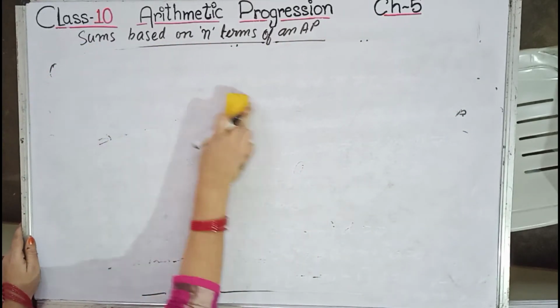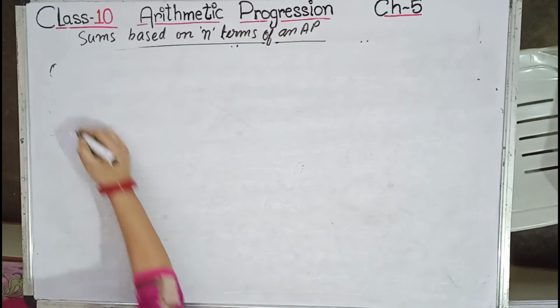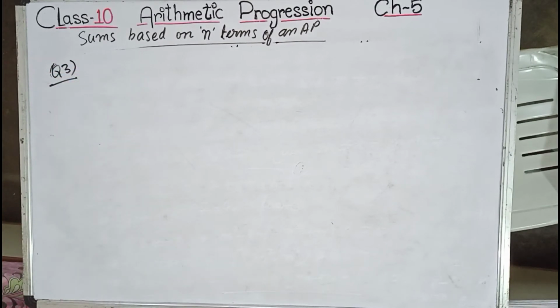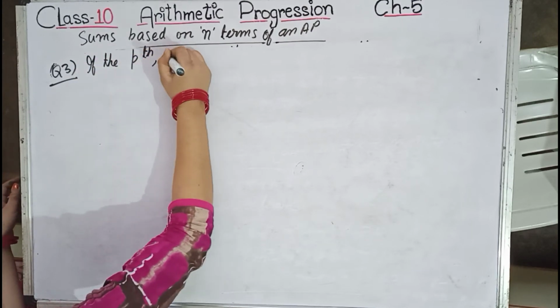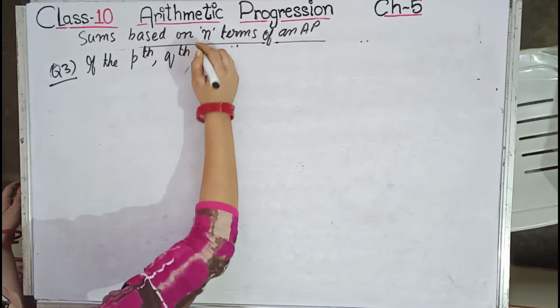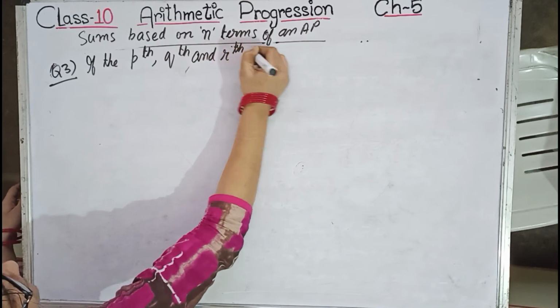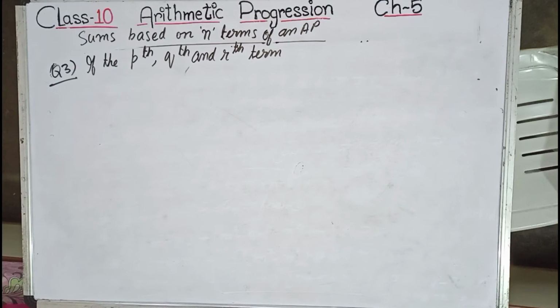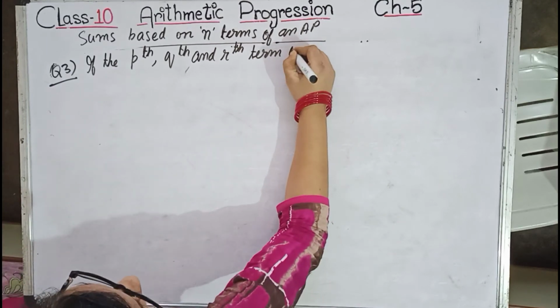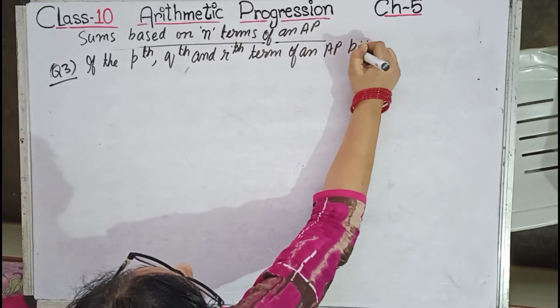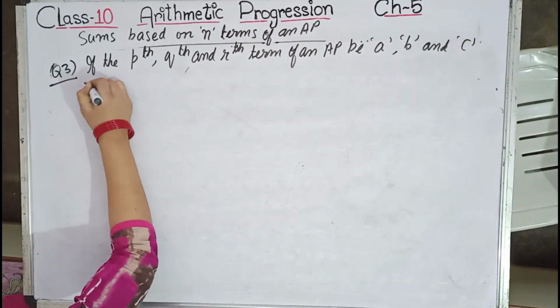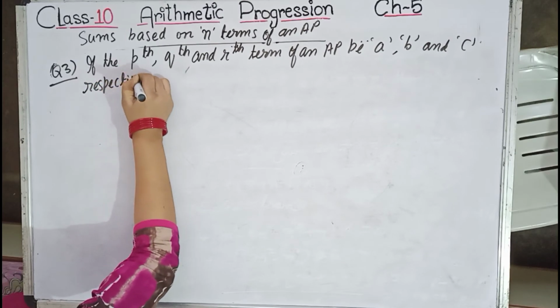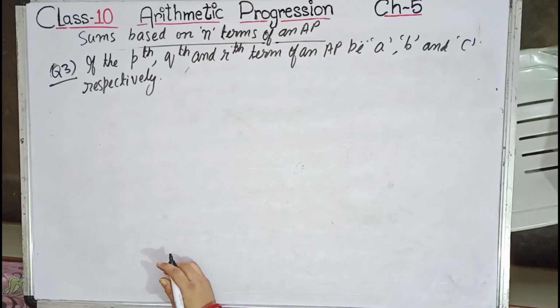Let us move to one more important question. Question number 3 says that if the pth, qth and rth term of an AP are a, b and c respectively, then prove that